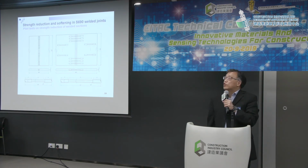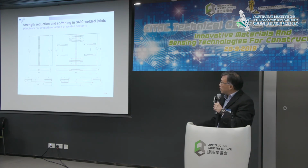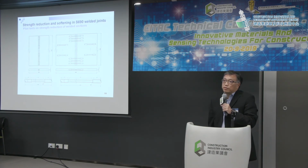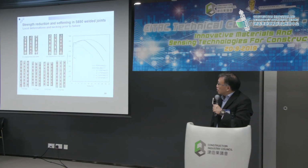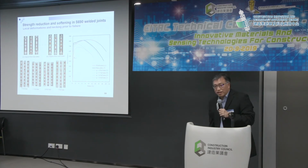What's the effect of the welding onto steel metal, especially high-strength steel metal? So we have done a butt joint. We machine out coupons. All these welded sections are being carried out at controlled heat energy input, so a different number of passes, 1, 2, 3, 4, with different amounts of energy input. Well, it's a long story, but what we can say here is,